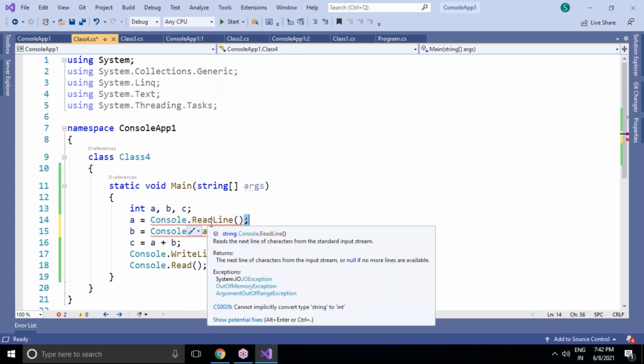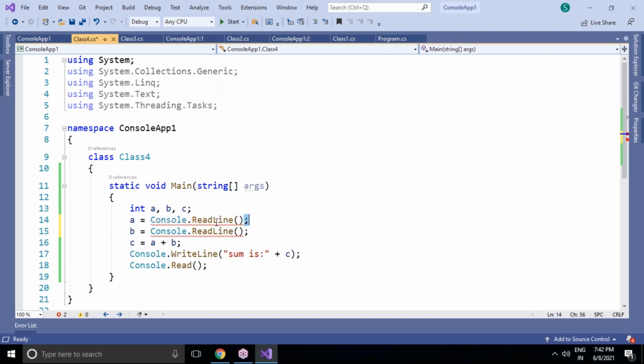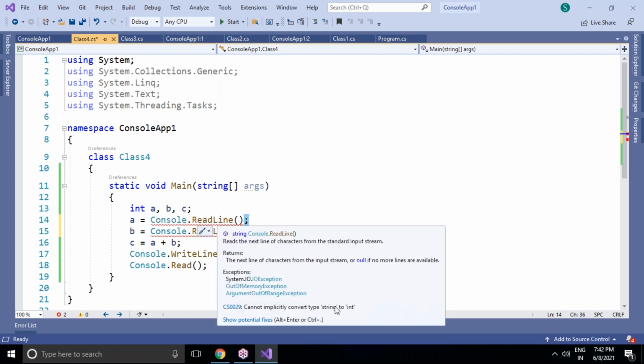You are accepting runtime values, but look at what is happening here: cannot implicitly convert type string to integer. That means by default, when we enter values at runtime, whether numbers, floats or characters, it treats them as string, but you declared an integer here. At running time it cannot be converted from string to integer. Implicit conversion is not possible, implicitly by the program itself. So explicit conversion is required. Explicit means as a programmer, you have to convert that string into integer.